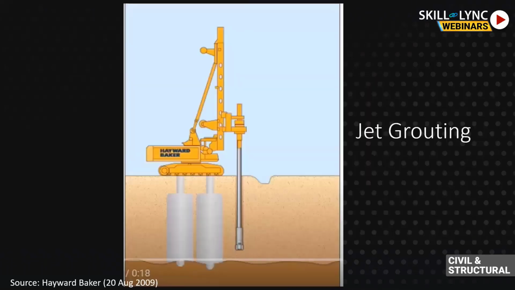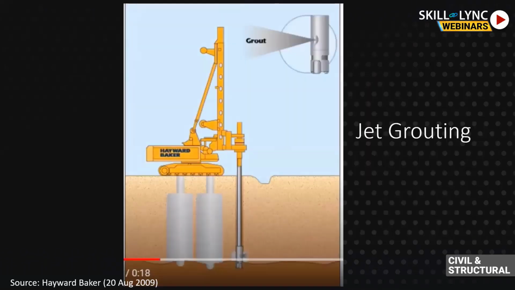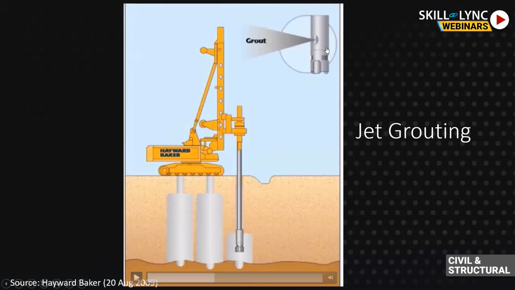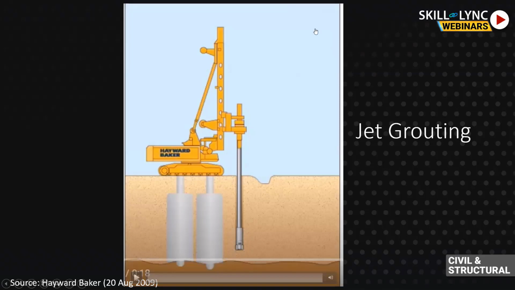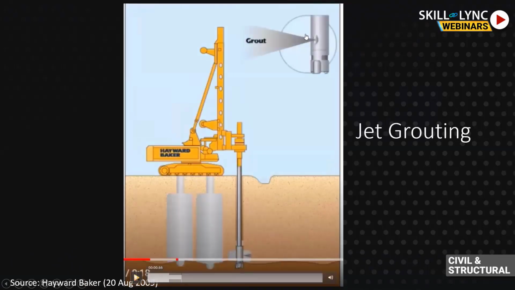We'll have a look at the jet grouting. In jet grouting, if you can see, this is the nozzle, and this is the rotary part that goes into the soil, that cuts into the soil. There are three types of jet grouting that is generally done. This one is a single fluid jet grout. A single fluid because there is just one nozzle and just grout comes out of it. These are not generally done in very hard strata or strata having heavier particles.